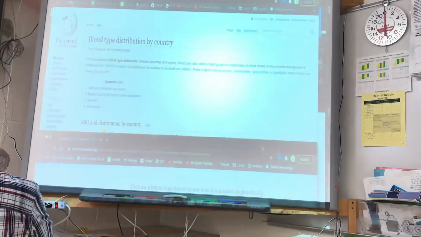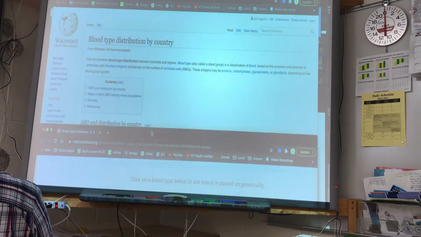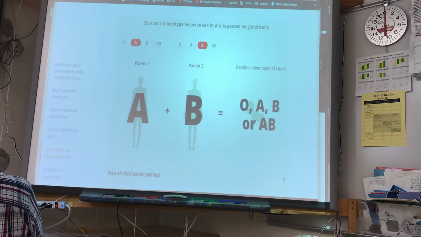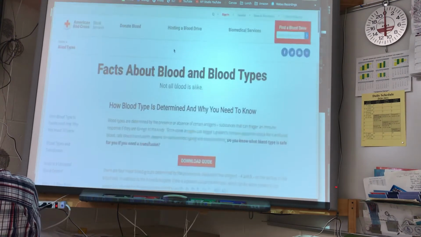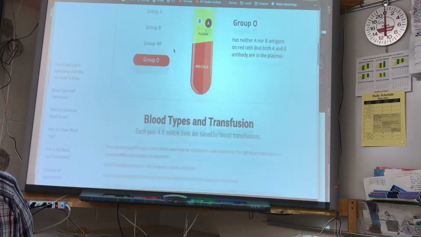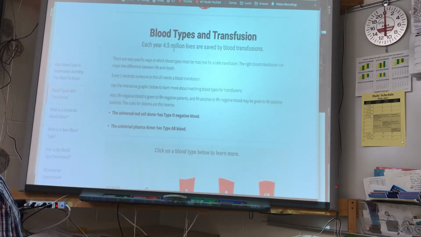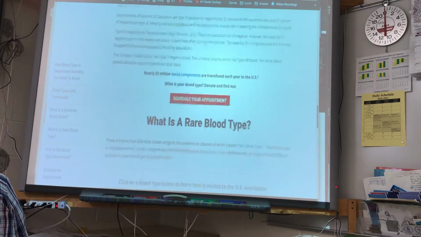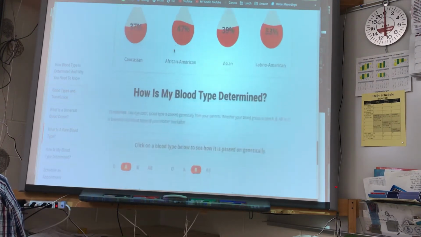Blood type is another example of something that is referred to as a codominant trait. It's also something called multiple alleles because there's more than two different varieties. Okay? So when we talk about blood types,